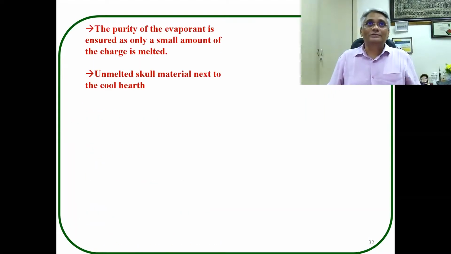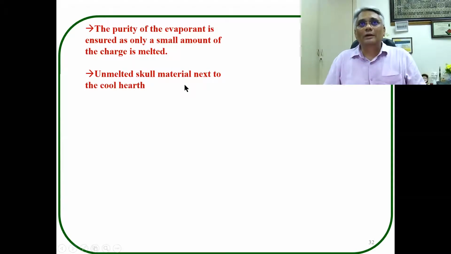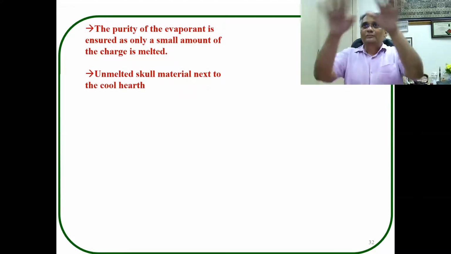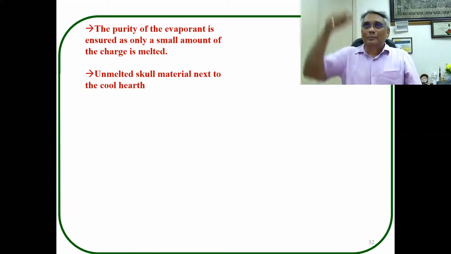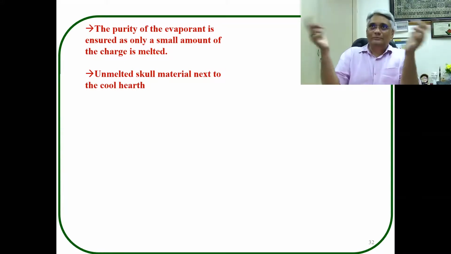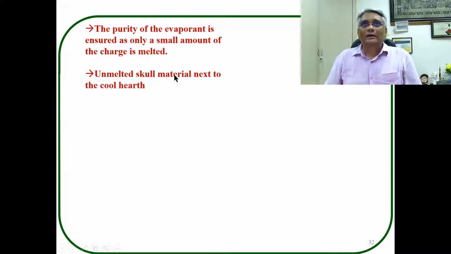This is a great advantage. The purity of the evaporant is ensured as only a small amount of the charge is melted. The whole crucible, I fill it with the entire charge, but then my electron beam is point sourced, and then I don't have the problem of melting the entire charge. So the unmelted skull material next to the cool hearth,